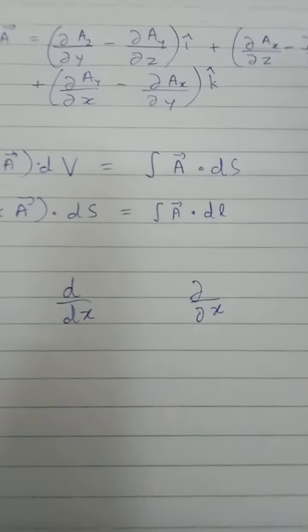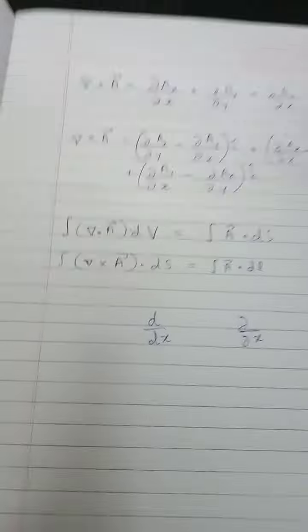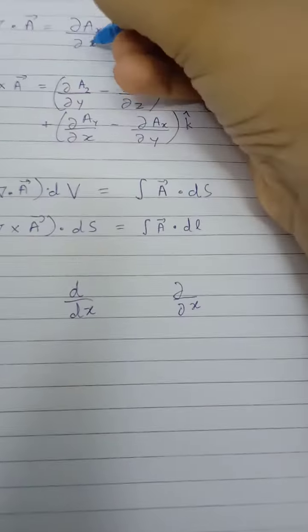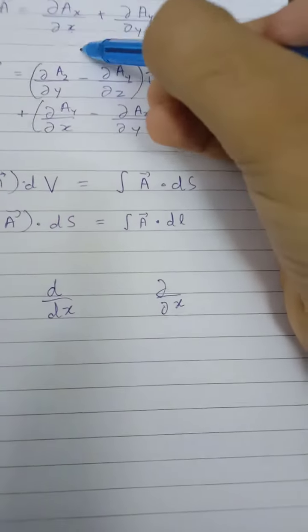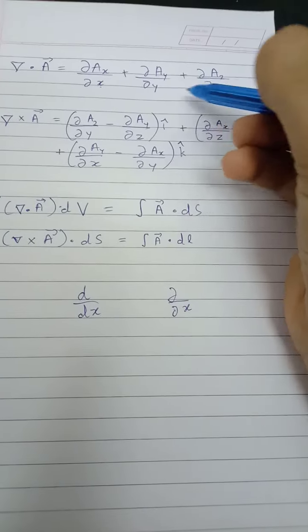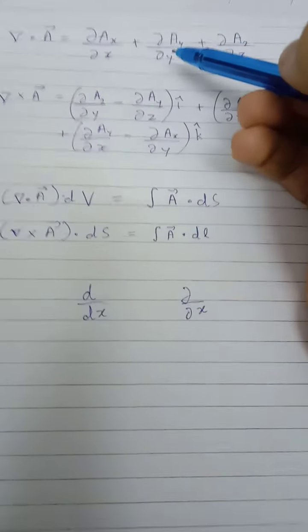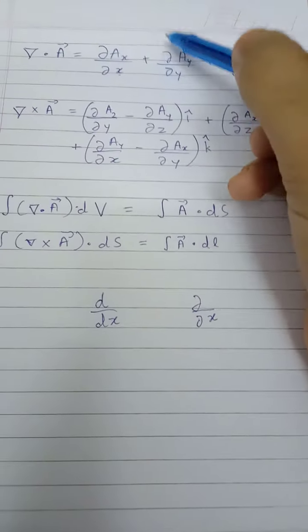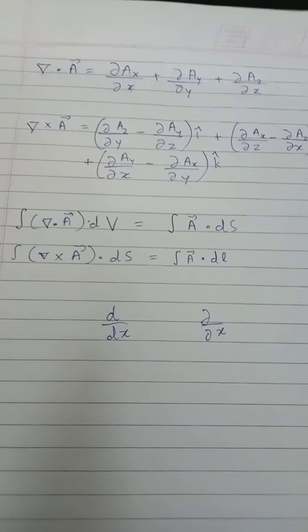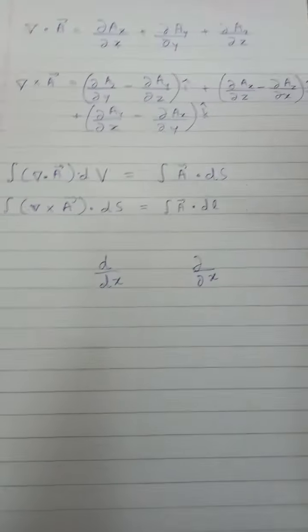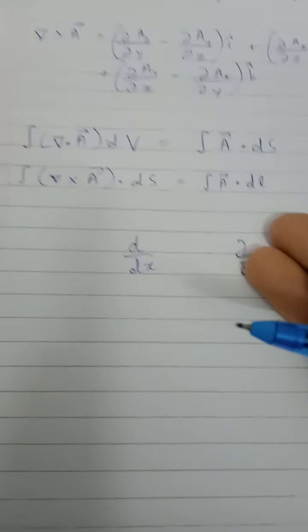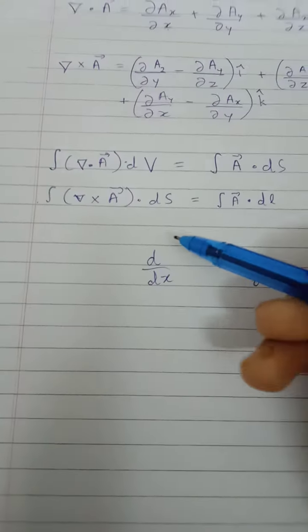And in partial differentiation, what you do is you basically take the variable you are differentiating with respect to, that is x in this case, y in this case, z in this case, etc., and you treat all the other variables in the equation as constants. And these are 2 integral formulae that you will find useful when doing Maxwell's equations.